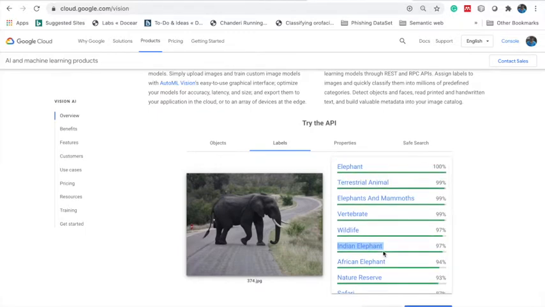Okay, if we want to overcome this kind of issues, then we'll have to go with our own data set. Moreover, the other problem is it gives you only the predefined labels set by Google. Consider the scientific name of Indian elephant is Elephas maximus.